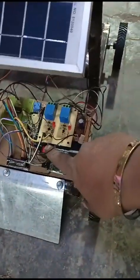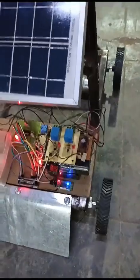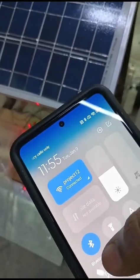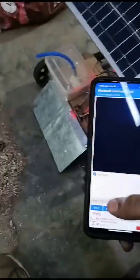With the help of the switch we are going to turn it on. After turning it on, with the help of the Bluetooth module, you have to pair the app, and after that go to the app and open the terminal. This will connect to the mobile, and then here you can send characters like